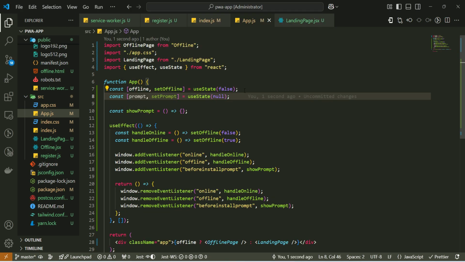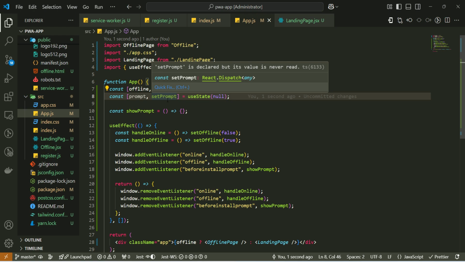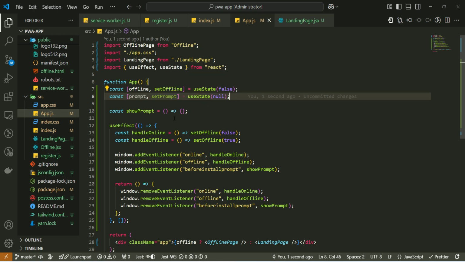So what we basically need to do here is set that prompt event in this state. What basically happens is when the app loads, we cannot install the app then and there. That is not possible. So the user has to do a few seconds of activity, scroll through the app or do some kind of interaction with the app, and only then we get this event. Whatever event we receive, we are going to store it in this state, which is the prompt state,